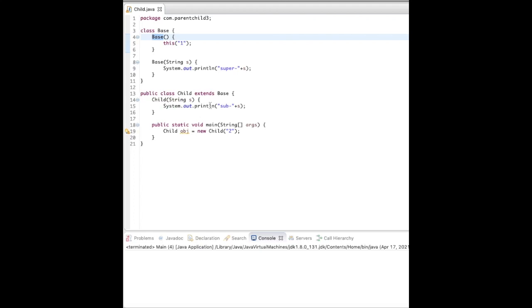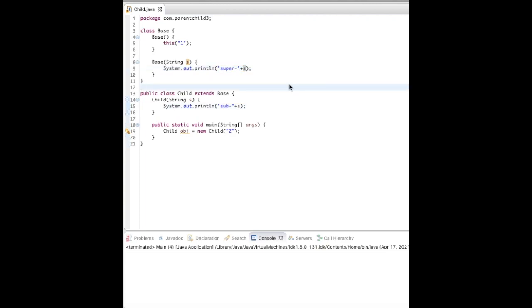Since I am not specifying any constructor here, what constructor will it call? It will call this default constructor. And since the default constructor is calling the parameterized constructor with the value 1, super 1 will be printed. So first the base class is instantiated, then the child class is instantiated. In this sequence we will get the output super 1 sub 2.